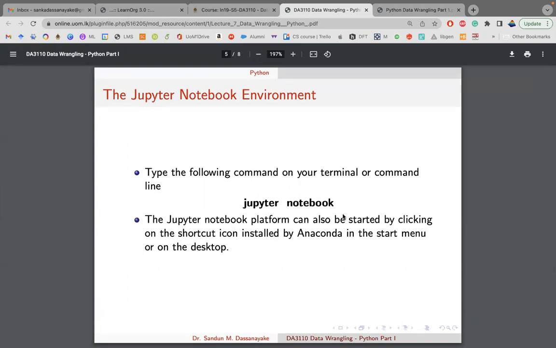It's like the shell prompt, something like CMD. On that Anaconda Prompt, you can type jupyter notebook or simply notebook, and it will open the Anaconda Jupyter Notebook. The Jupyter Notebook platform can also be started by clicking on the shortcut icon, but